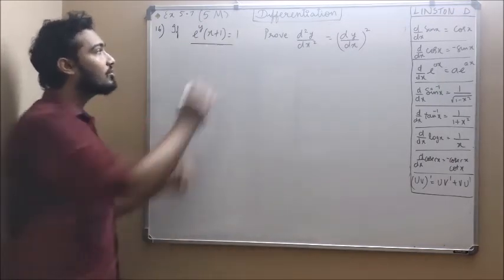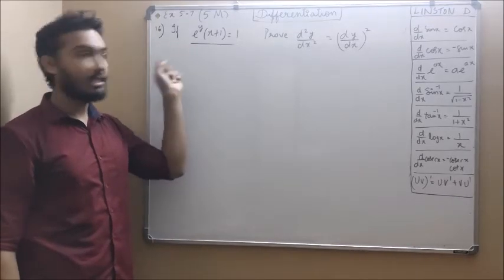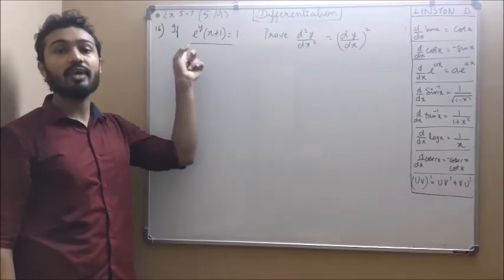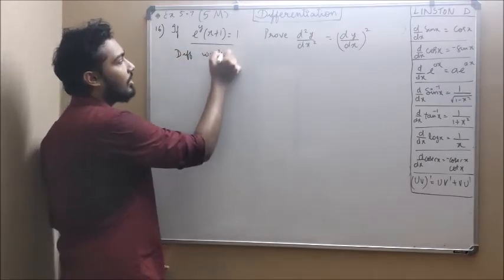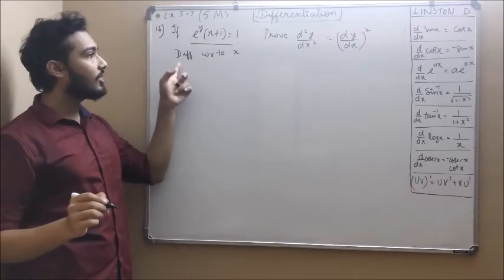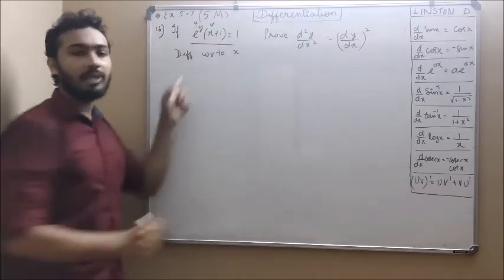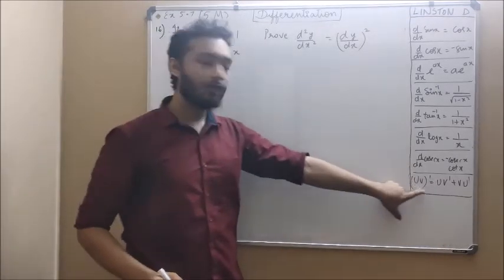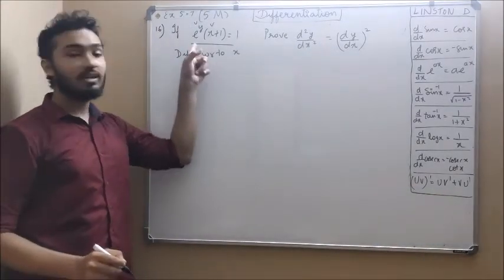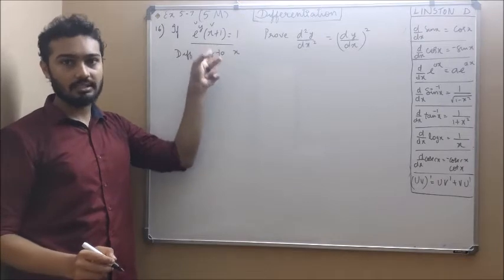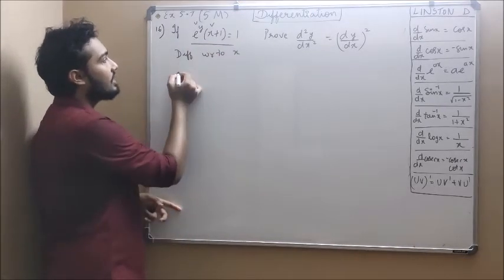Here there is no definite y equal to f of x relation. It is an implicit equation, so we have to differentiate now. Differentiate with respect to x. What do you get here? This is the product u into v. You have to apply the product rule. What is the product rule? u v whole dash is u into v dash plus v into u dash. First function into differentiation of second function plus second function into differentiation of first function. So it is differentiate this.